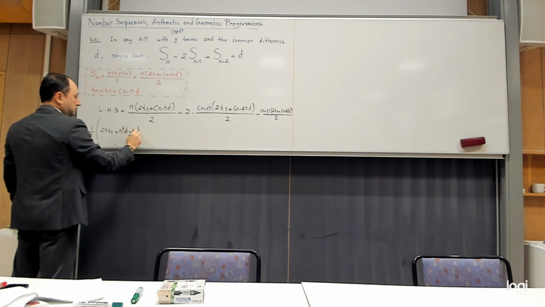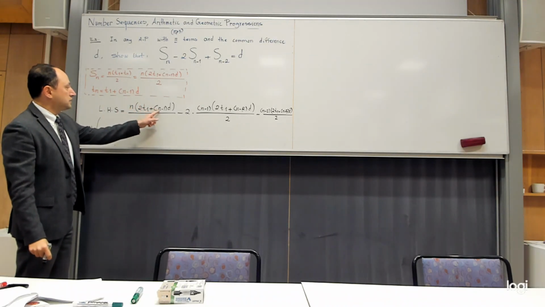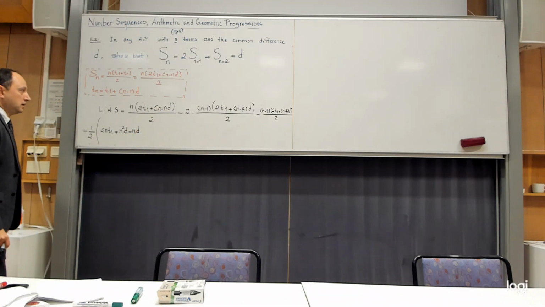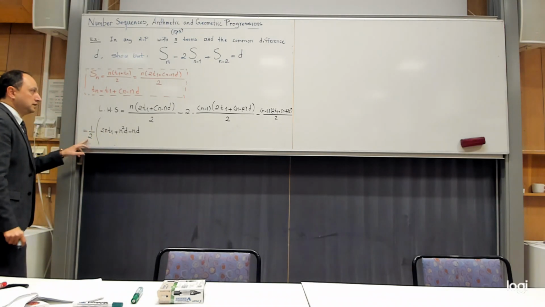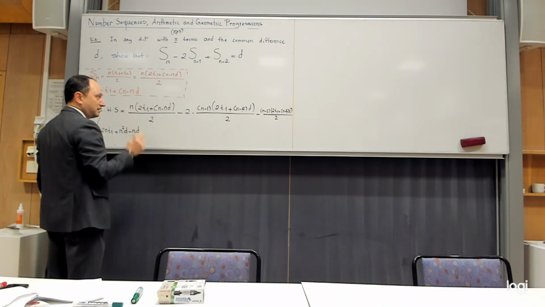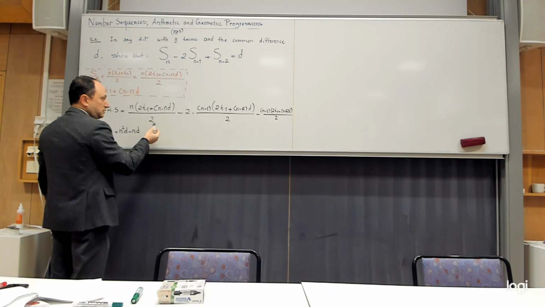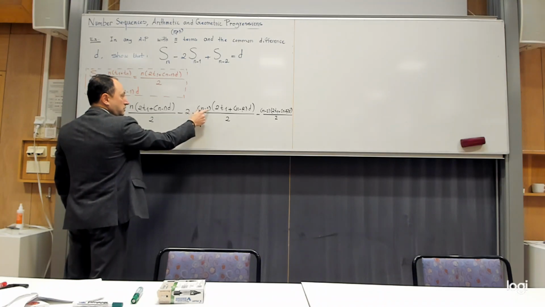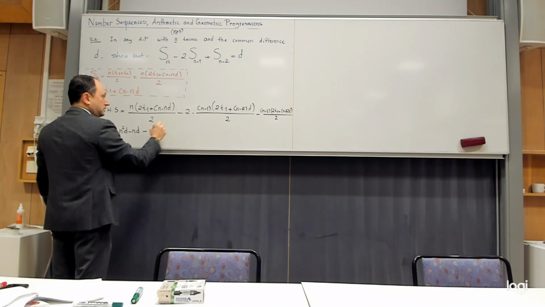minus nd. Yes? So I multiply n here, and then n times this is n squared minus n, then I multiply d. Okay, so here, 1 over 2 I have already taken care of, but there is a 2 left here with negative sign, so be careful about that. So you have to, we can do it step by step. This 2 is multiplied here, then I have to multiply it inside. So let me write it. It becomes minus